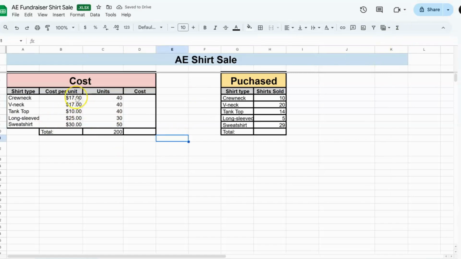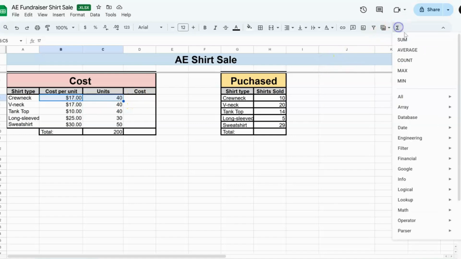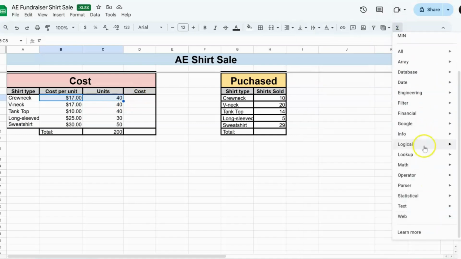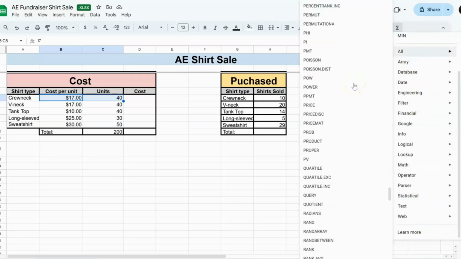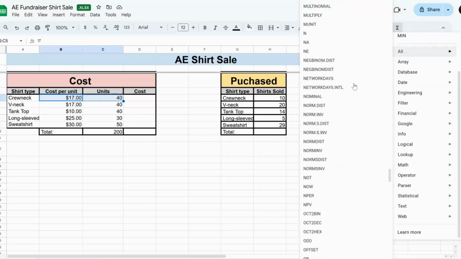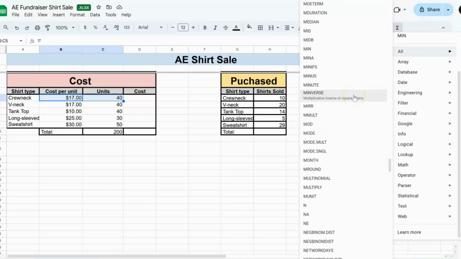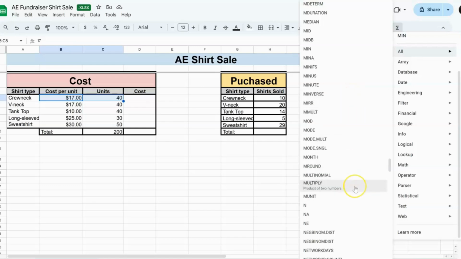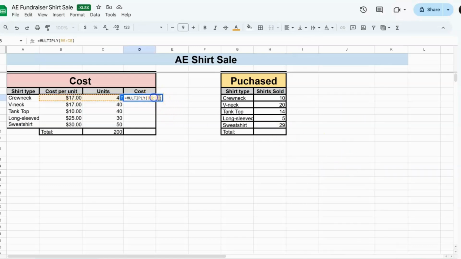Multiply is not on the quick list, but it is a function often used. I could search through all of the functions, but as you can see, it is an intensive list of different functions that are available for calculating different forms of data. I could go through and search for it all, but also